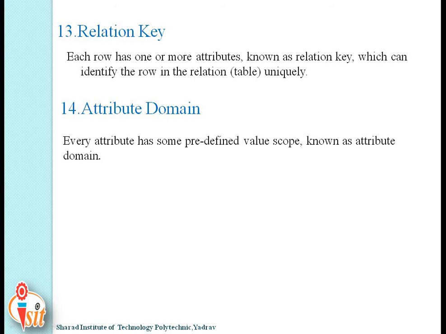This is about today's session. What to remember in this session? Which terms are correlated to each other: the number of columns is nothing but attributes, and the number of attributes is nothing but degree. The terms column, attribute and degree are correlated to each other. Now row, tuple and cardinality are again correlated with each other.